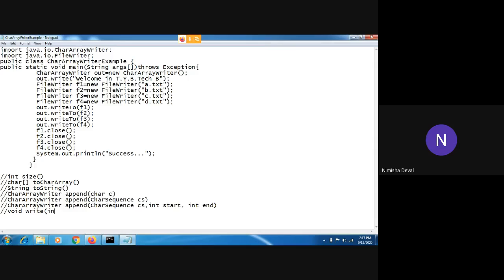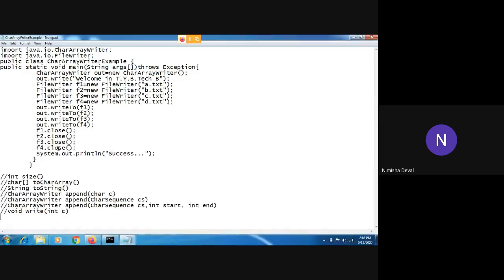In that I will provide one character, because this is the character stream. Another method takes offset and length. Same is applicable for the string also. Then flush, reset, and close. These are the three main methods, as we have seen over here also.